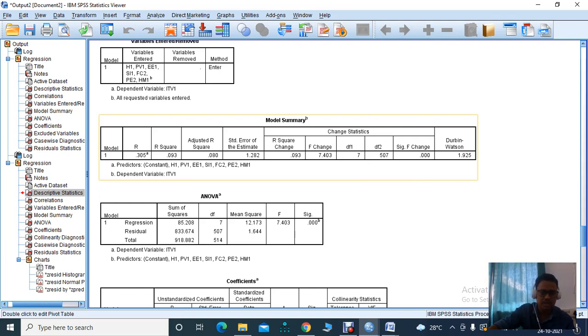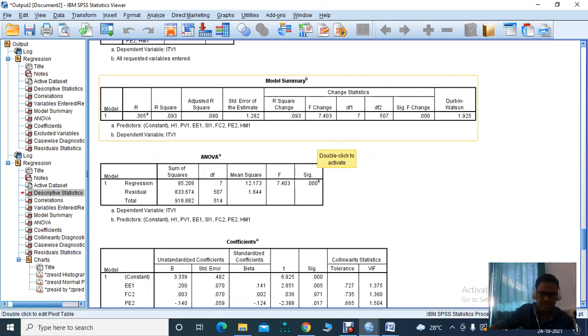So we have to reconsider the data. At least 60% value is good. However, in many cases, we can also see that it depends on the interrelationship between dependent and independent variables. So adjusted R square is 0.08. So we see that only 9% of the dependent variables has been explained by the independent variables. That is 9 independent variables.